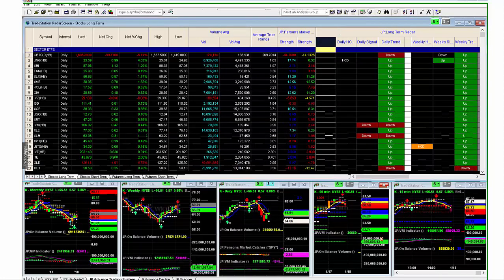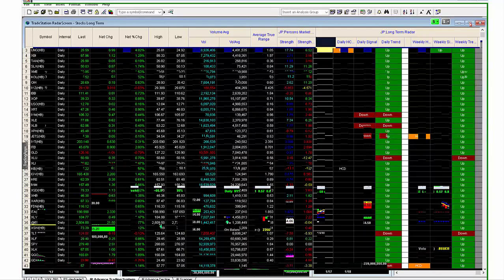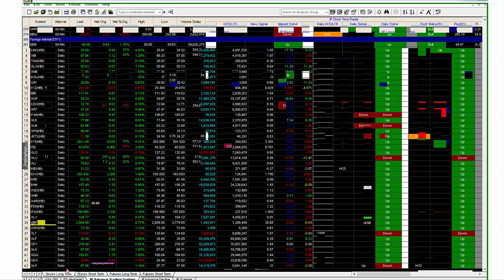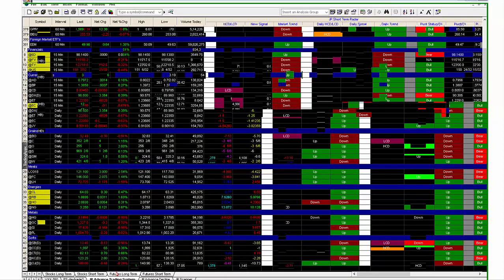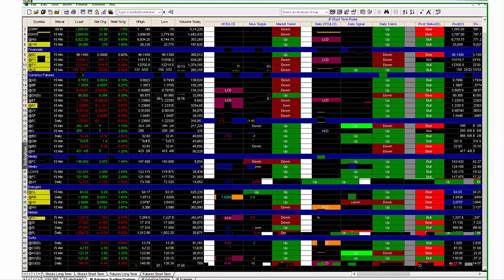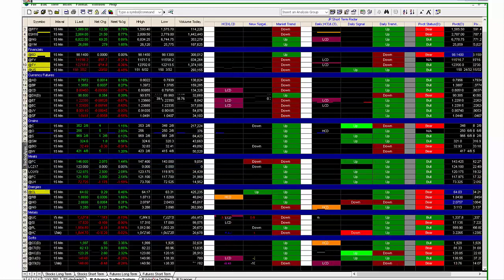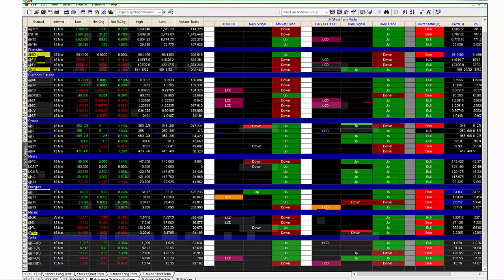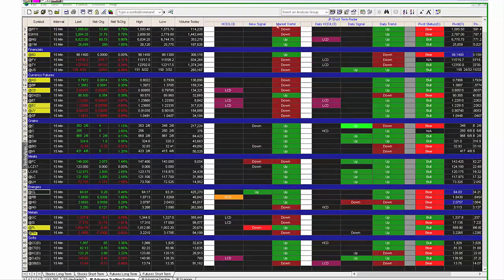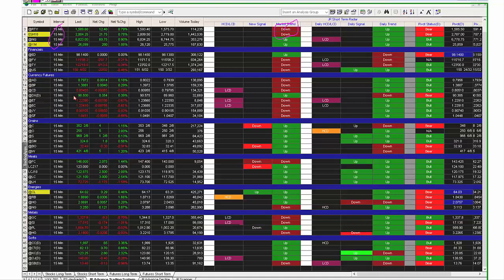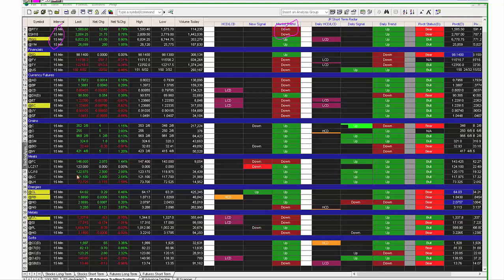All right. Now, on your radar screen, you have several file tabs. You have stocks long-term, stocks short-term, futures long-term, futures short-term. For any computer, let me just let you know that TradeStation is running these analyses on your radar screen live, whether it's a 15-minute chart that you've selected, a 60-minute chart, whatever you selected.